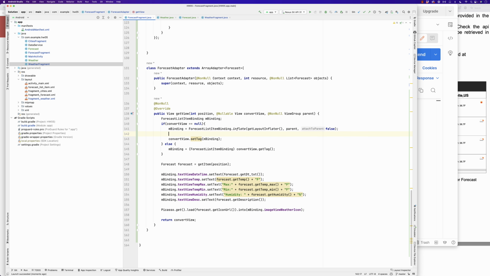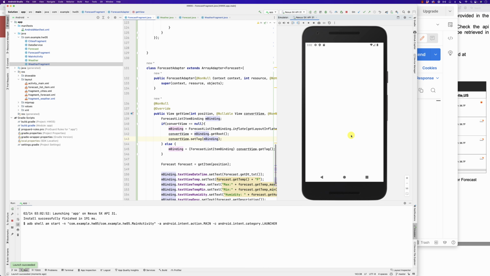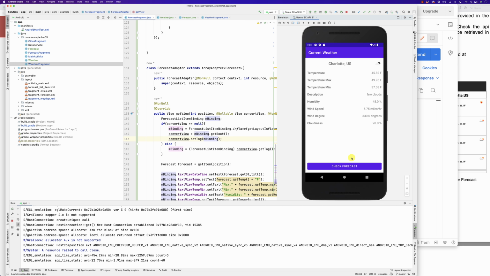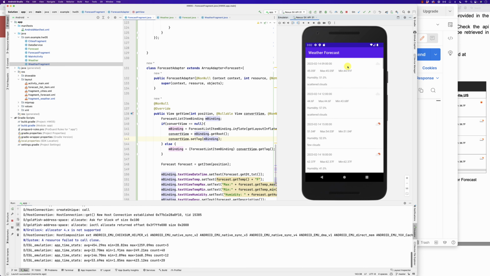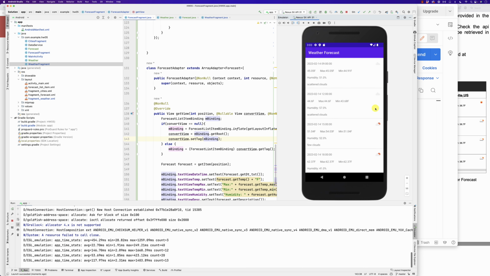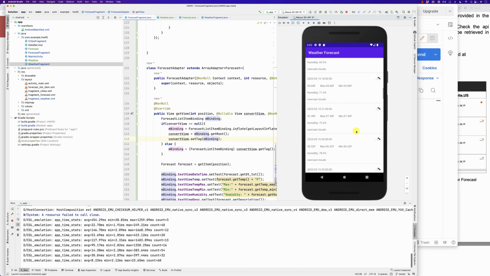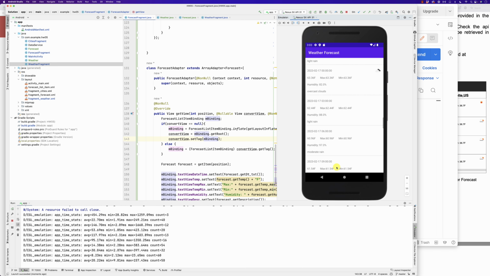So basically this is boilerplate code again. So when you come in, the convert view is null, we do inflate, then we have to tell the convert view is equal to mbinding.getRoot, right? And then we add the binding as part of the tag, right? So we run it now, it's gonna work, right? Here we are, click on Charlotte, here's the weather for Charlotte, click on the forecast, and this is the weather forecast for Charlotte. You could see the clouds, scroll down a little bit, and here's the clouds, and here's the weather forecast for Charlotte. Go back,